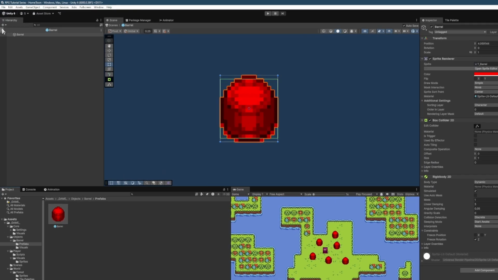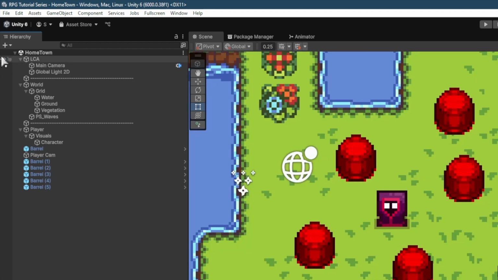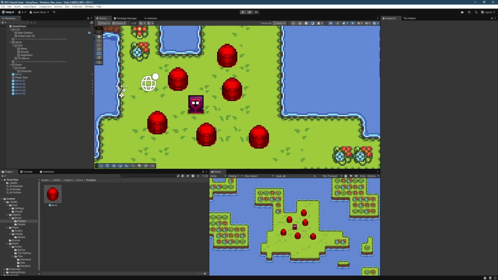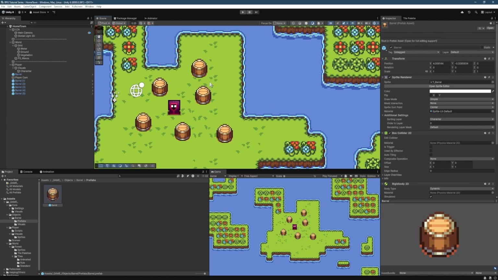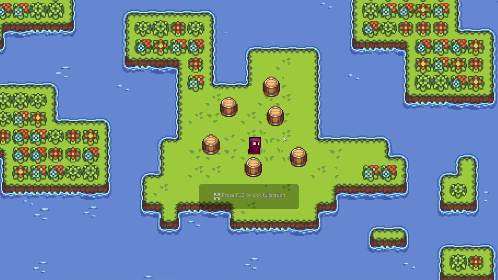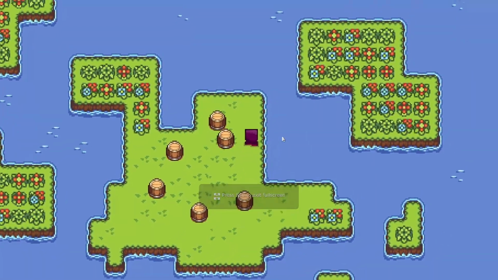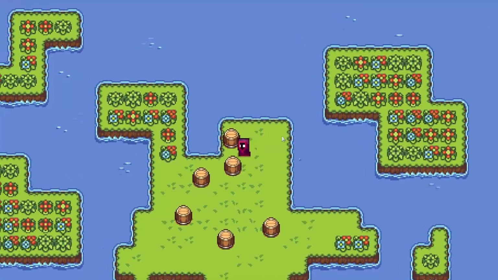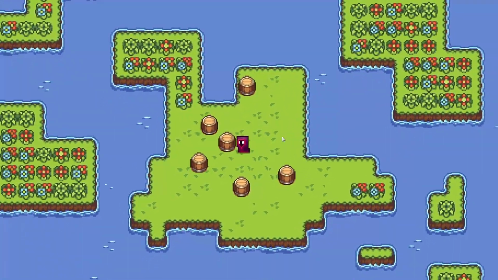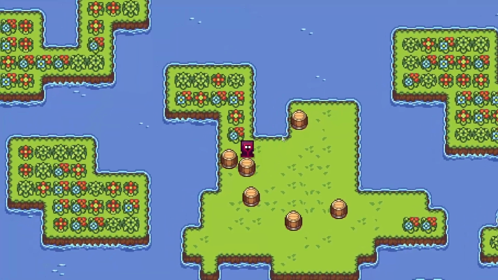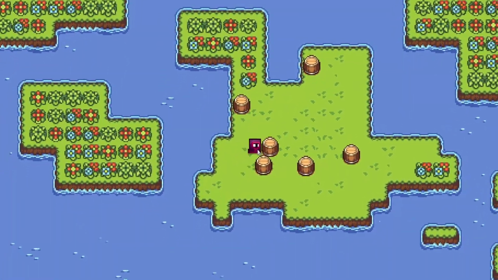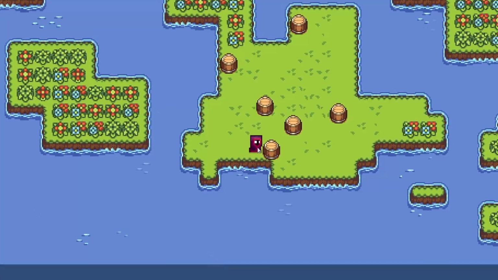And then at the top here, there's a little arrow and you can click that and go back out of that menu. So yeah, we can come in here, we can make changes. We can have a red barrel or just a standard barrel, whatever. But the beauty of it is now when we play, these things are all set up exactly how we just got them set up. So we can move these around. They can interact with one another, right? So the barrels can push each other because they're all physics objects, all using that same physics system,